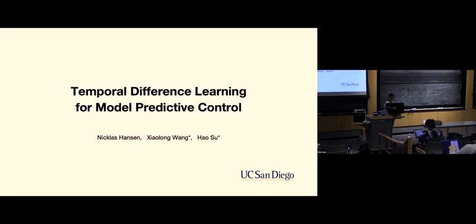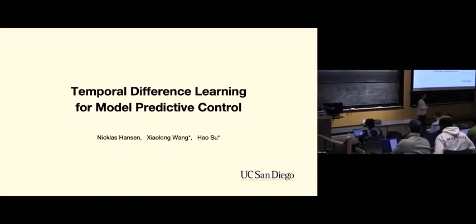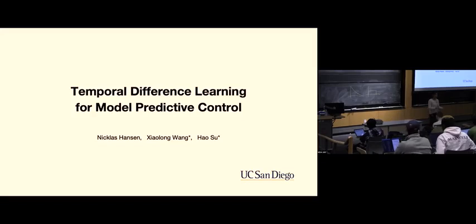Yes. So here is temporal difference learning for model predictive control, a very nicely written paper. The main idea is what we just said. We learn a dynamics model in a latent space that predicts task relevant quantities. They applied it both for learning the dynamics from low dimensional state, an alternative to PETs, as well as from images. The only thing you need to change is your encoder, the representation network that takes you from whatever your raw input is, which can be pixels or low dimensional states, to the latent space.